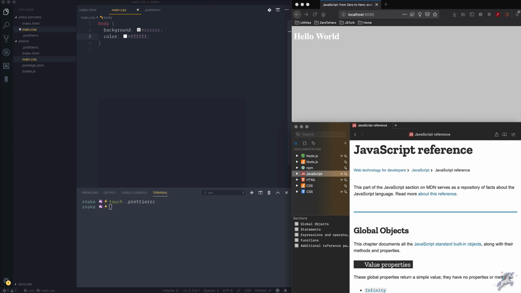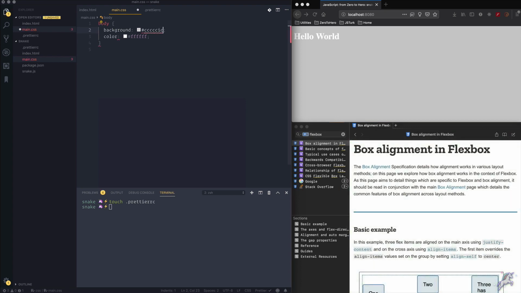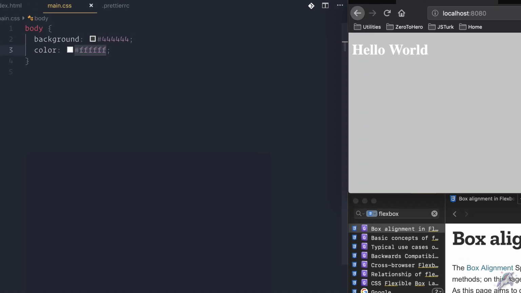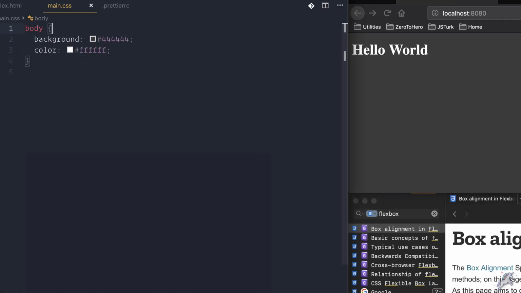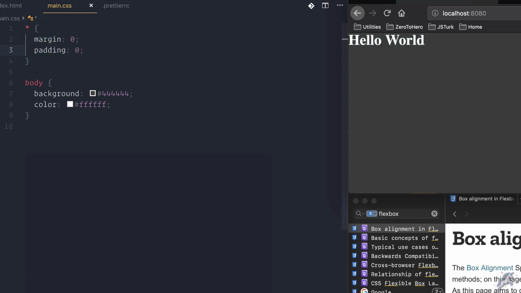I also want to do a Flexbox layout for my page. So I search for it and find a mini tutorial telling me about how I can align stuff using Flexbox, and what I want is to center the game container both horizontally and also vertically on my screen. But before that, I want to apply a global CSS reset to the page by doing an asterisk margin 0 padding 0, which will remove the margins and paddings from all the elements on the page to normalize how they